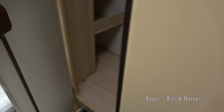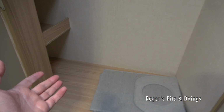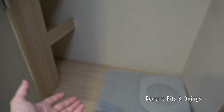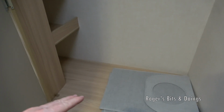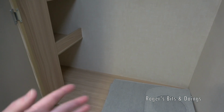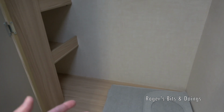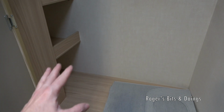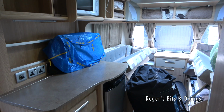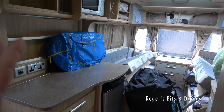Again, this was full of seasonal clothes from my wardrobe and bedding. That's all come out. I'll be finding somewhere else for these things. As I'm clearing out the clutter in my house, I'm finding spaces for them to go. So hopefully the caravan can be left empty. So it should be a nice little bolt hole to come to,